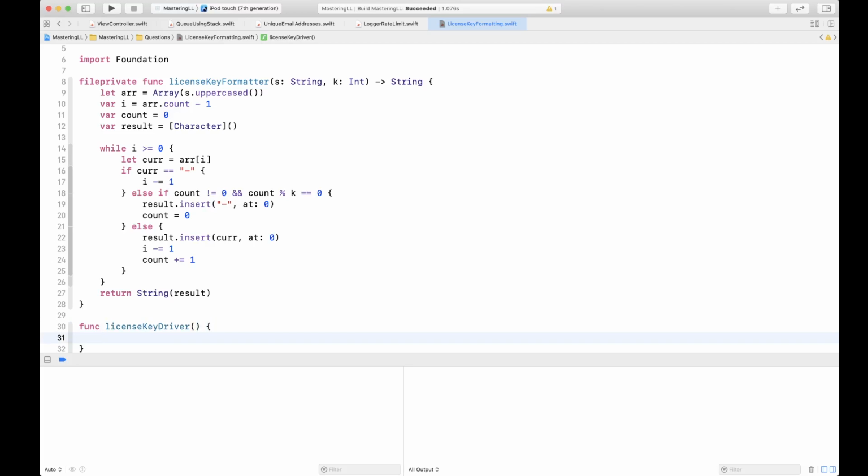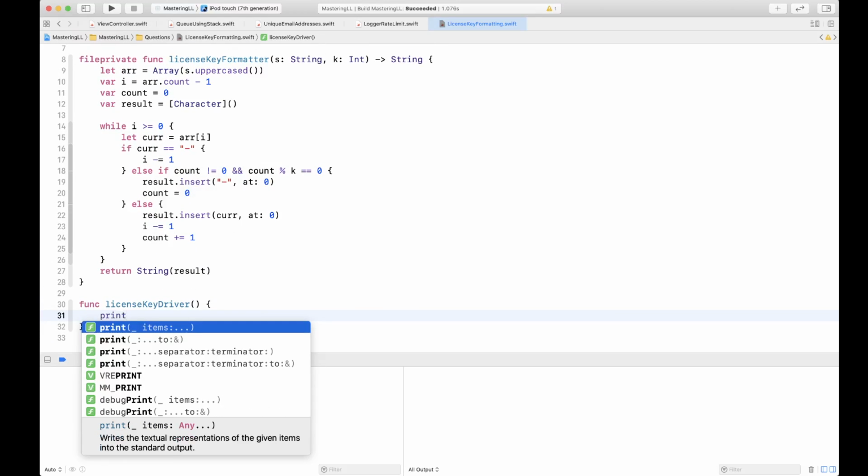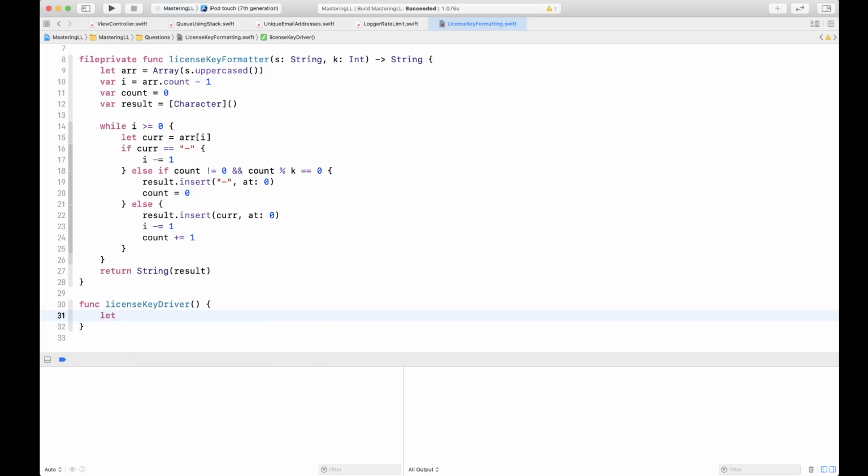Okay, and this driver program is basically going to call this, and it's going to print. So let's give it an array of input. So input is equal to,